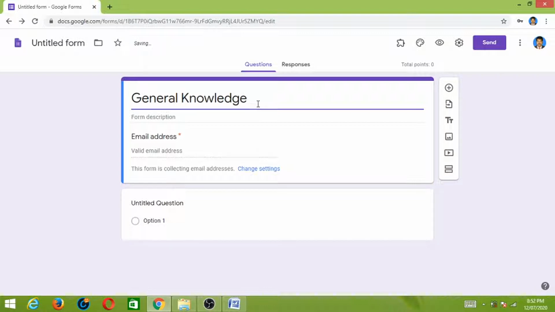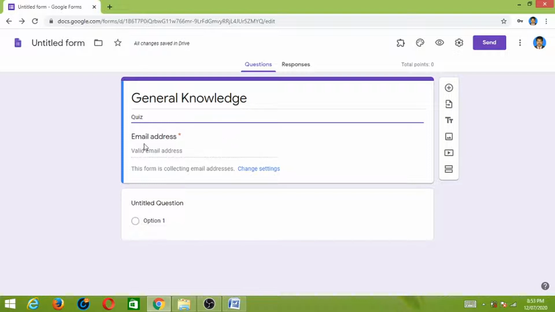Okay, this is my Google Form title, and here you can give the description of your work. I am going to conduct a quiz. Okay, just give quiz as a description. This is the default field. It is automatically created. It collects the email address of each respondent.